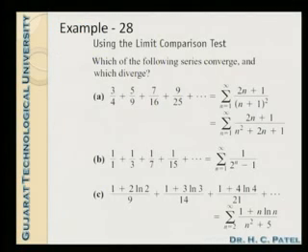Next. Here some cases are given. Definitely you can try them for your reference. The first series is 2n plus 1 upon n square plus 2n plus 1. The second series is 1 upon 2 raised to n minus 1. And the third is 1 upon n, log n upon n square plus 5. In all the three